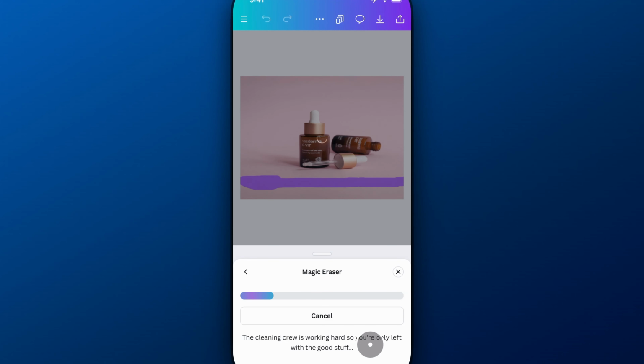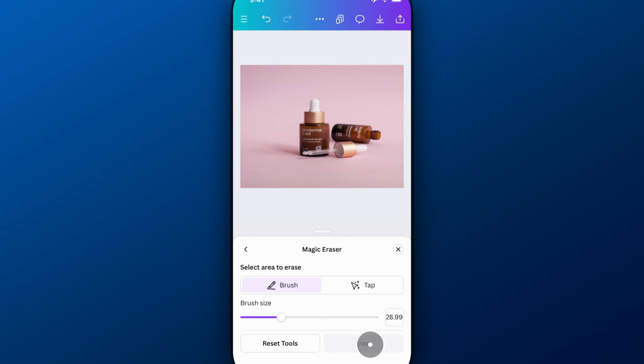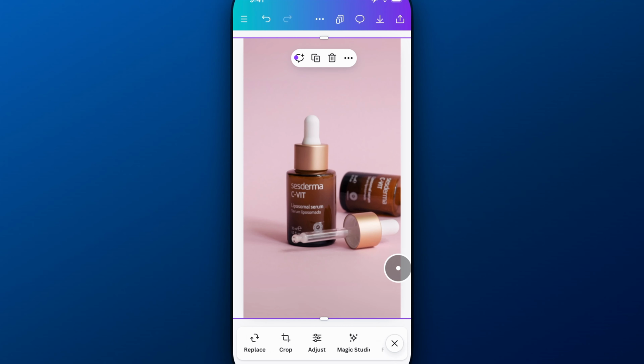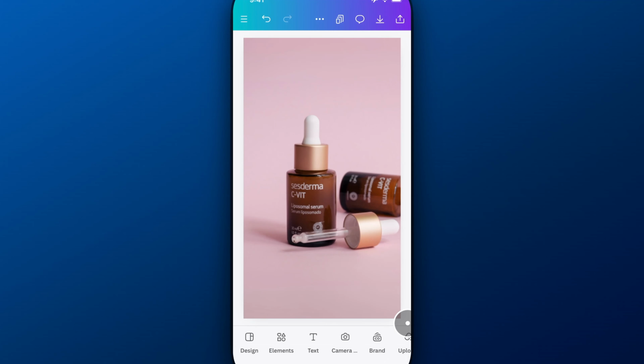It should be able to kind of understand that there is a harsh line there and try to blend it together. It's a little bit like the spot healing brush in Photoshop if you're familiar. So I think it did a pretty decent job. If you want to get picky, you could get picky with it. But there you go. I mean, what we wanted to do was expand the background, and I think this did a great job,